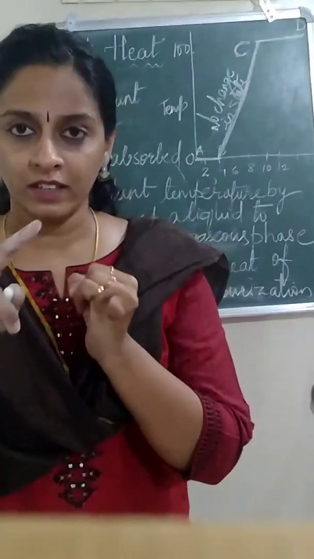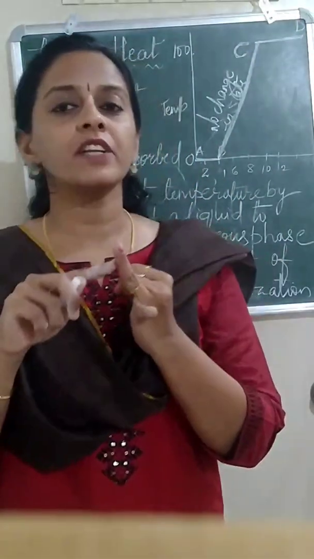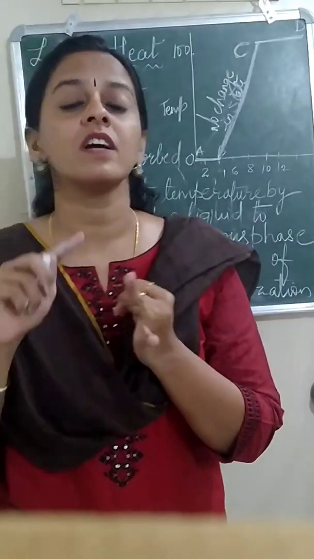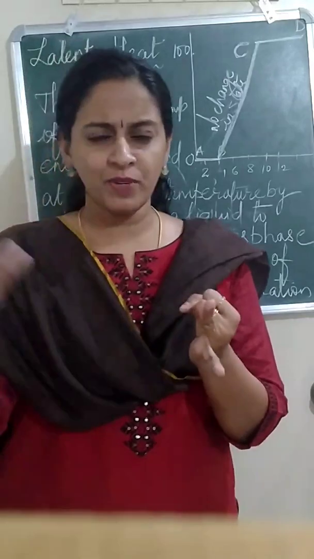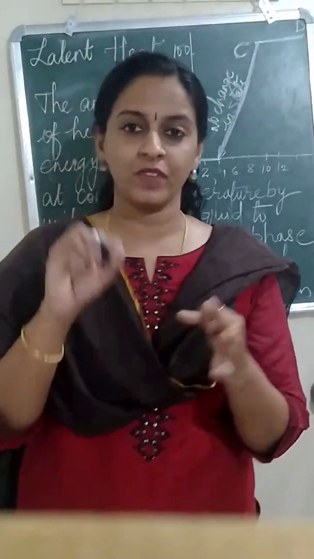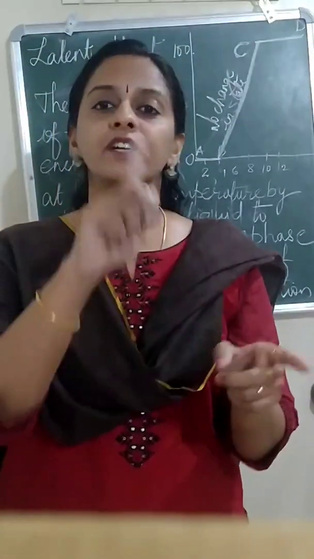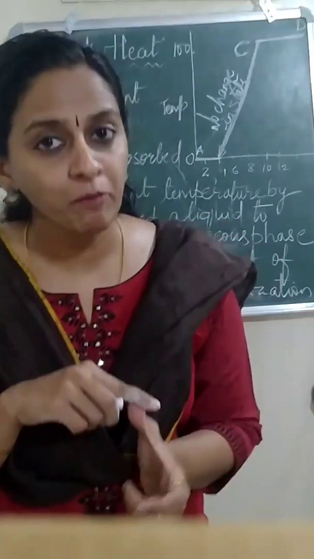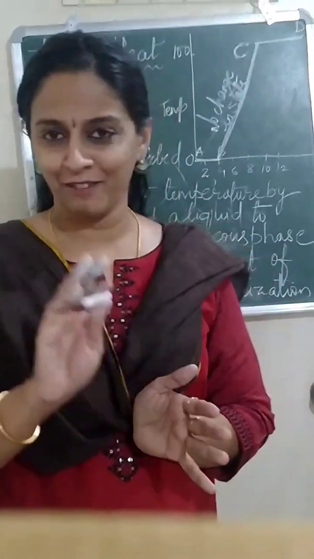Understood? Now write down the difference between heat and temperature. Then you will write about the ways of transfer of heat: conduction, convection, radiation. Just specify the names. Then you will write about latent heat. In that we discussed melting point of ice, latent heat of fusion, boiling point of liquid and latent heat of vaporization. I hope you understood the concept well.